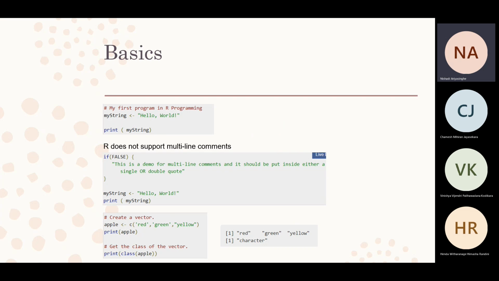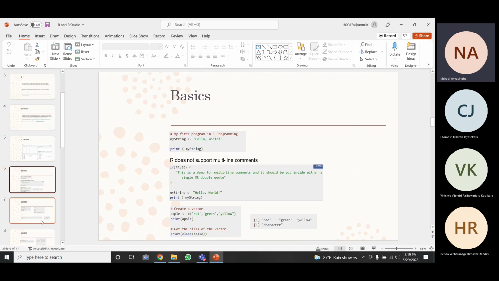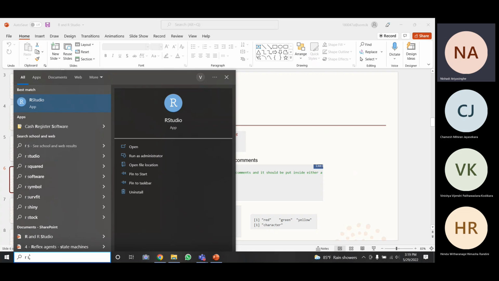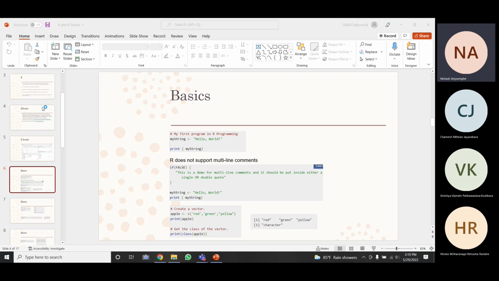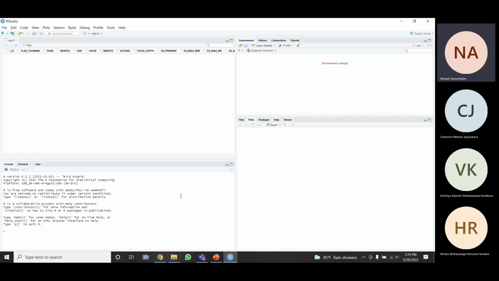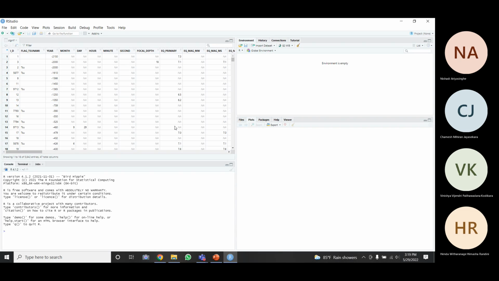So I will show you. I have installed the RStudio application. So this is the setup, right? This data I have already loaded here.